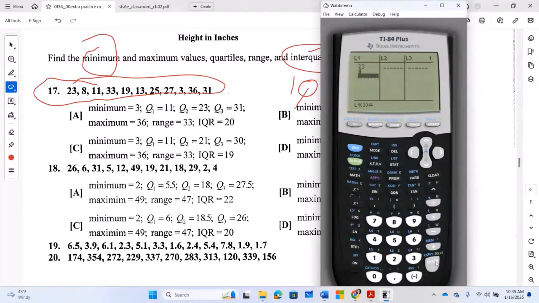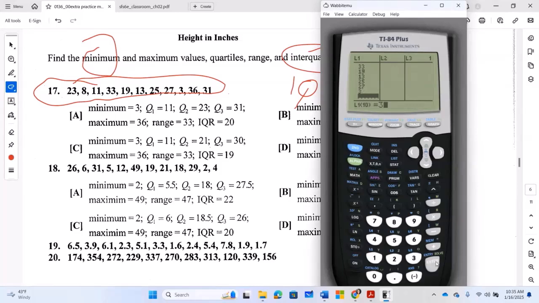8, enter. 11, enter. 33, enter. Just be careful. People make mistakes. 13, enter again. 25, 27,